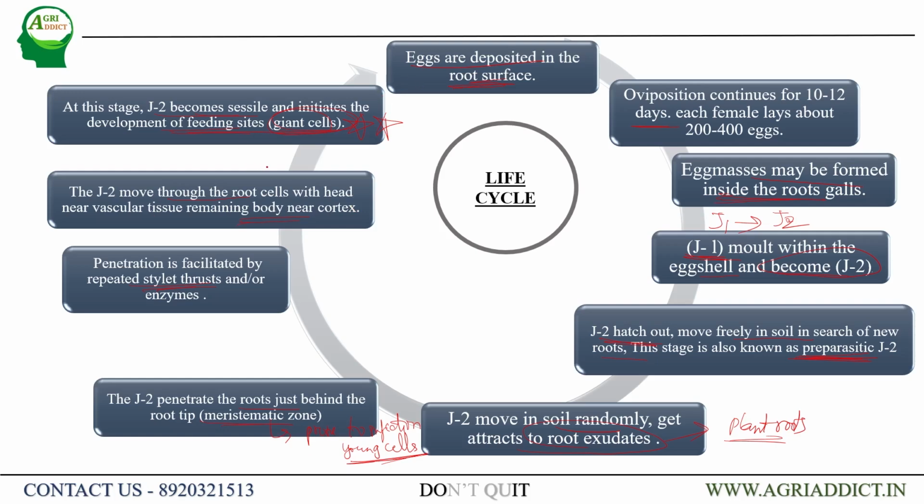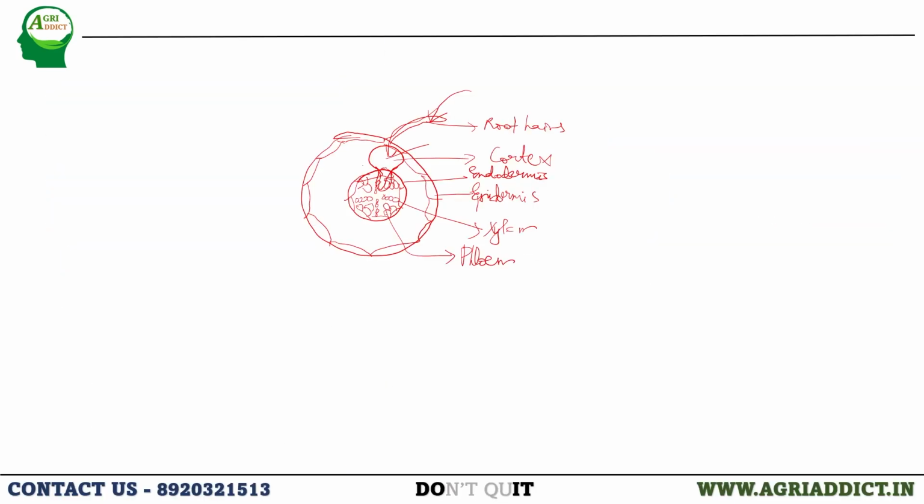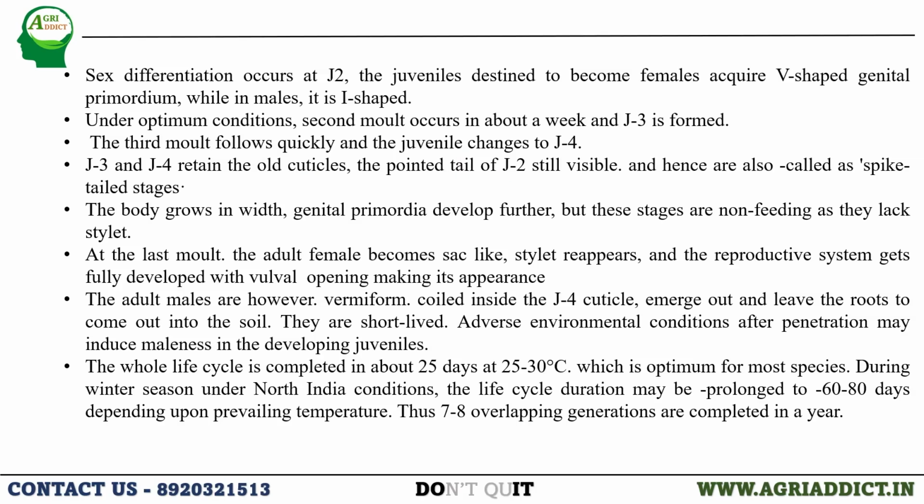After the formation of giant cells, the nematode has become sedentary, and it starts taking the food material present in the plant, and it starts growing very enlarged. One more important point is, during the J2 stage, the sex differentiation will occur, where the juveniles will become